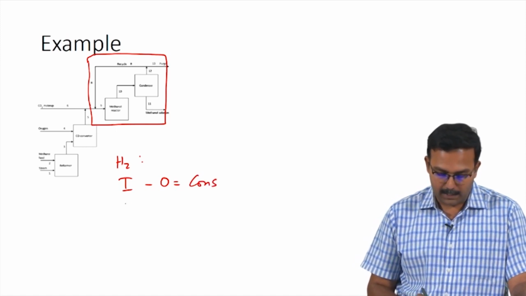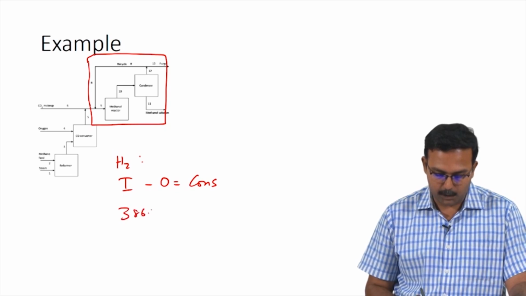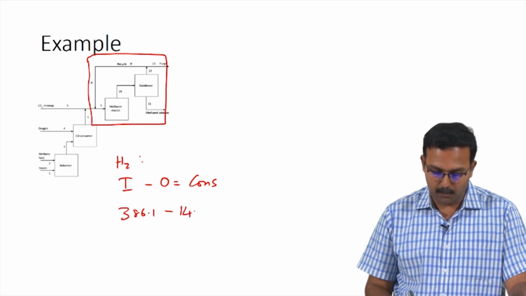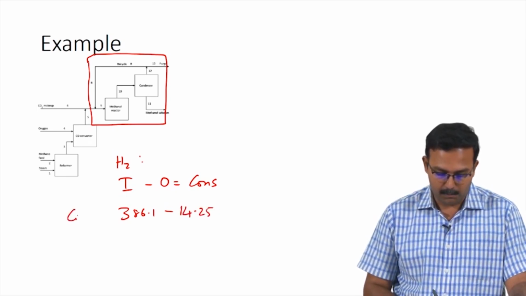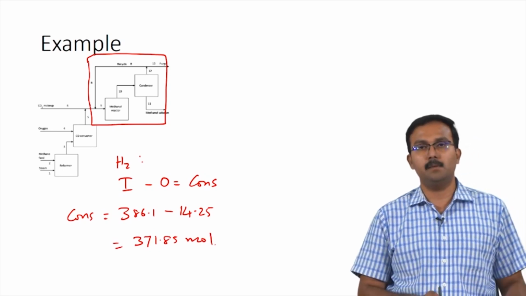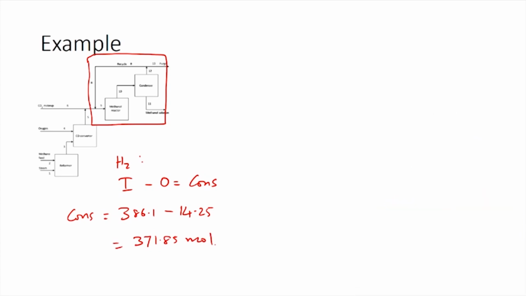We already know that input is 386.1, which is coming in through stream 7, and we calculated that the output was 14.25 from the purge stream. So, consumption is basically equal to the difference between the two, which is 371.85 moles. So, that is the total consumption of hydrogen in this system. Similarly, we can calculate the consumption for carbon dioxide if we write the carbon dioxide balance, which would be input minus output equals consumption again, and consumption would be 128.7 minus 4.75,